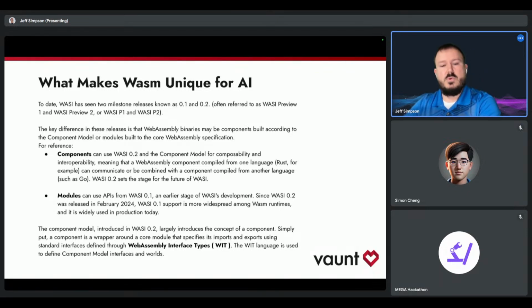Now, modules were the original implementation of the APIs from WASI 0.1, the earlier stage of WASI's development. Since WASI 0.2 was released in February 2024, WASI 0.1 support is still more widespread among WASM runtimes, and it is widely used in production today. However, the component model introduced in 0.2